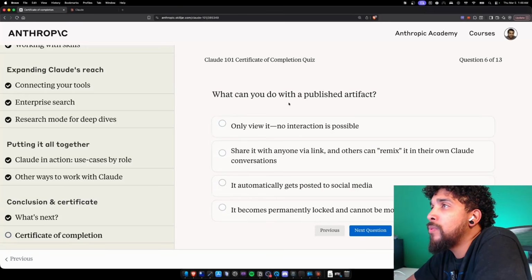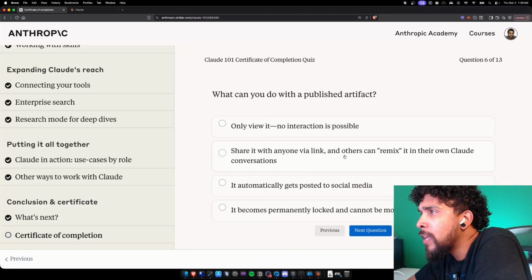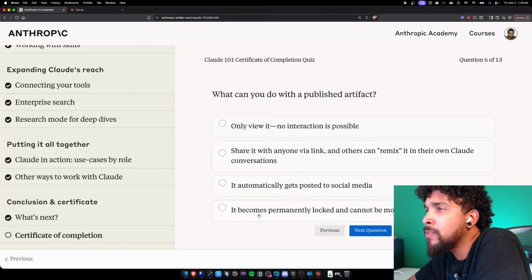What can you do with a published artifact? Only view it. No. Share it with anyone via link, and others can remix it in their own Claude conversations. That's true. It automatically gets posted to... no. It becomes permanently locked and can... no. Okay, so